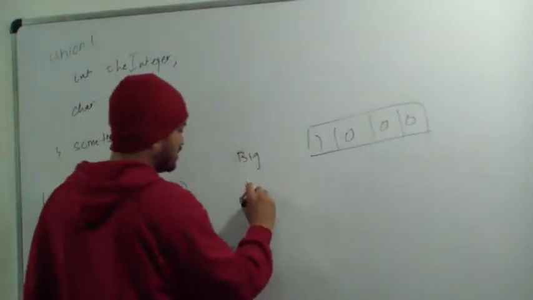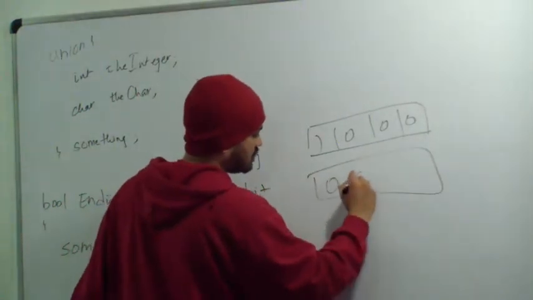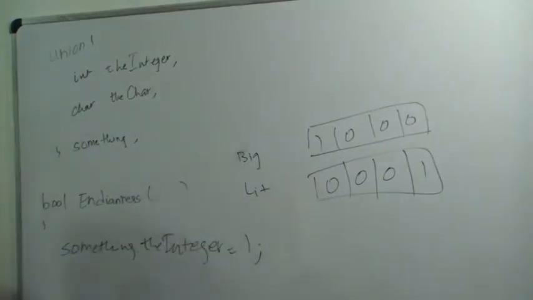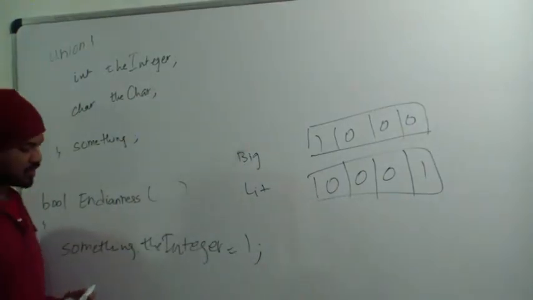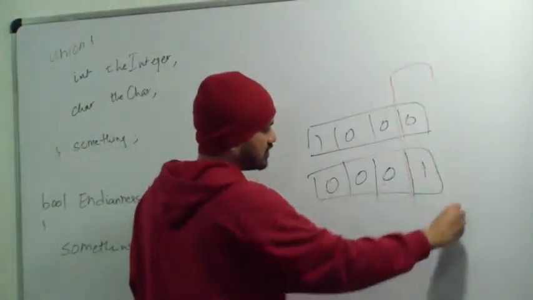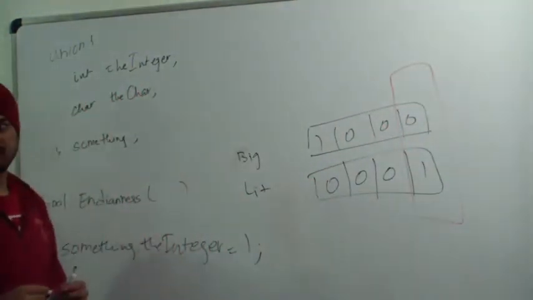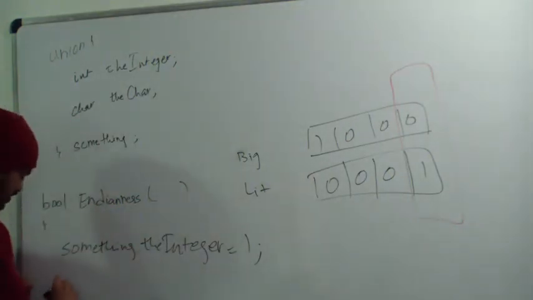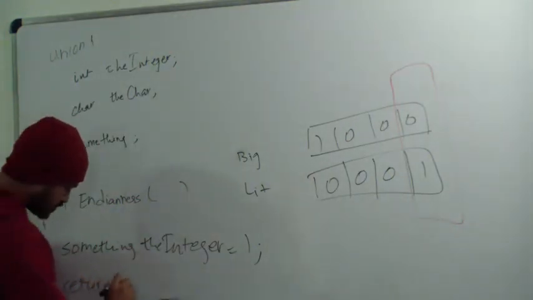If it's a little endian, this is how it will be. If I wanted to typecast this as a character, the compiler is going to take only this part. Do you see the difference? You just return